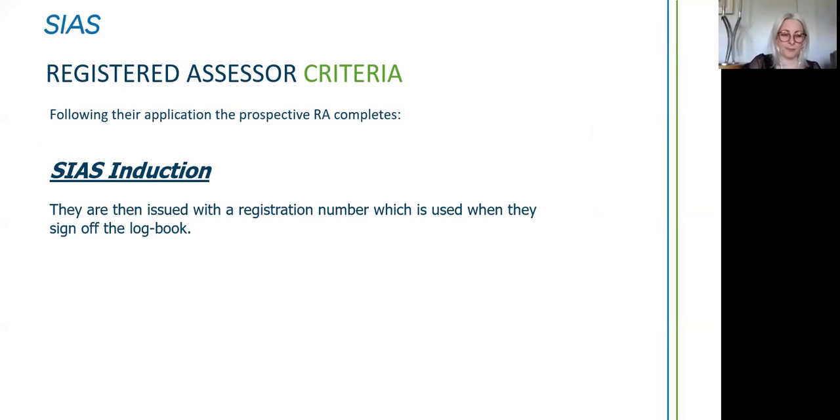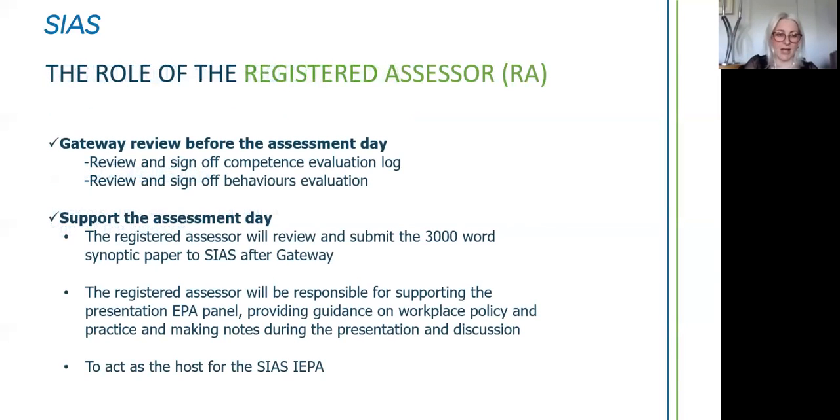Okay. Once the induction has taken place, however, they are then issued with a registration number, and that's what you use to sign off the competency evaluation log. Okay, so that is the dark blue booklet, and that number will tie you as the registered assessor to the apprentice, to the SIAS Assurer, to the standard, and that all goes through for us on the day of EPA. Now, as we've said, the role of the registered assessor, they will complete the gateway review